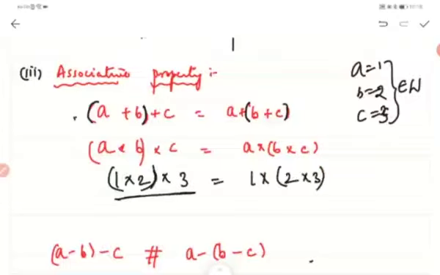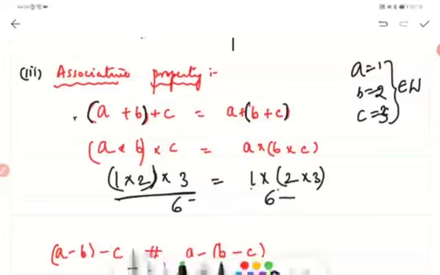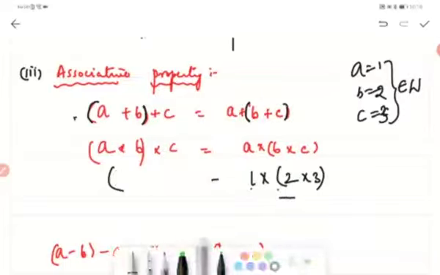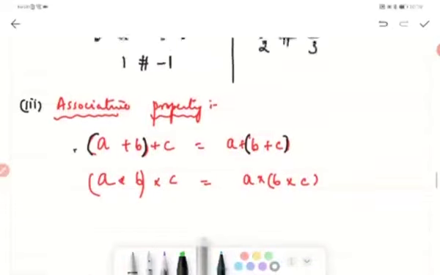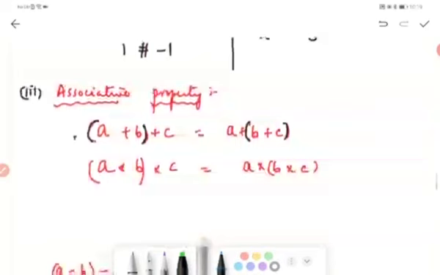So here what is the answer? 2 multiplied by 1 is 2, 2 into 3 is 6. Here you have 1 into 6. So it is how much? It is going to be 6. So it is 6 on the left hand side and also on the right hand side. So associative property is true under multiplication and addition, same as commutative property and closure property. Alright students,